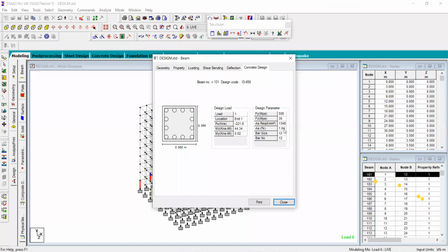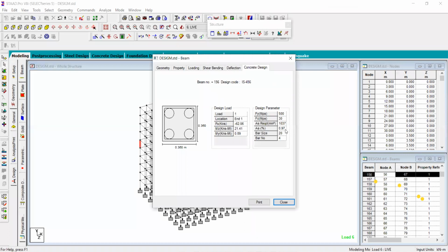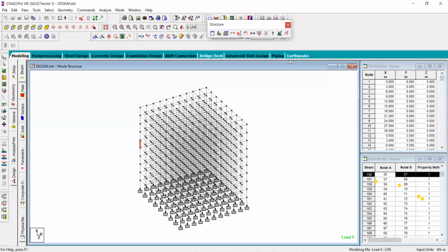Then the percentage improves to 1.04. You can reduce the column section again and go up to 1.4. You can check the other sections like this column. Then 0.97. In this way, when you go for trials 3, 4, 5, you can finalize the optimum design of your structures, right? Then after this, if you have any questions, we can discuss.